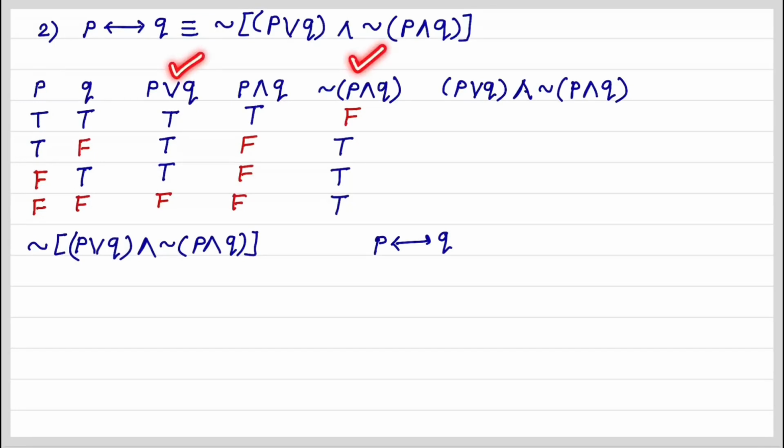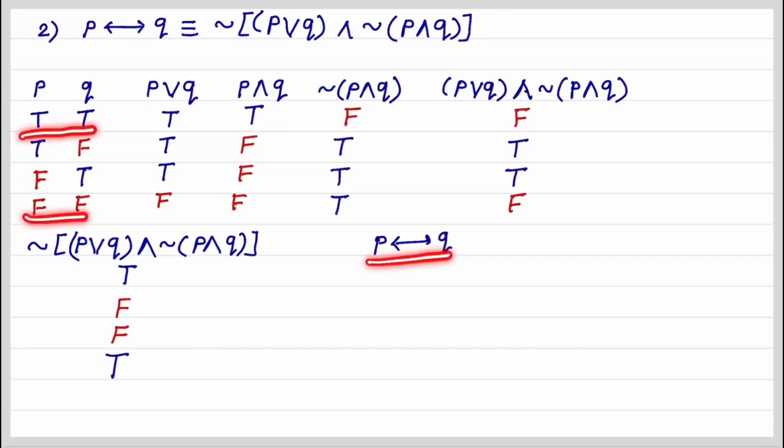Now we have to take conjunction of these two statements. Same rule, conjunction is true when both the statements are true. Here these two values are true, all other false. Second and third value is true and first and fourth value is false. Now take negation of this statement. We know negation is true when statement is false and negation is false when statement is true. Now double implication. Double implication is true when both the statements have same truth value. Then first and fourth value is true and second and third value is false.